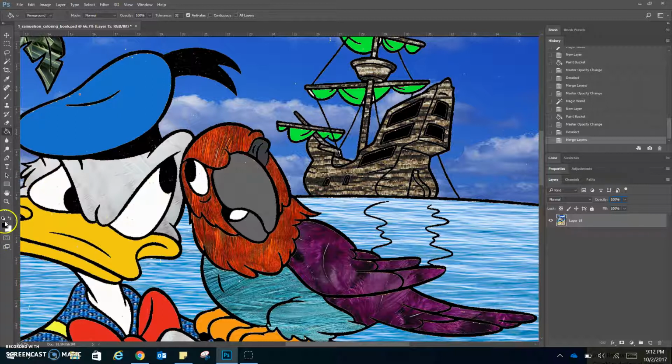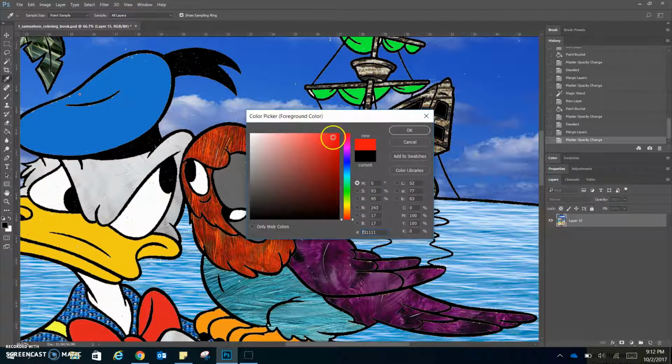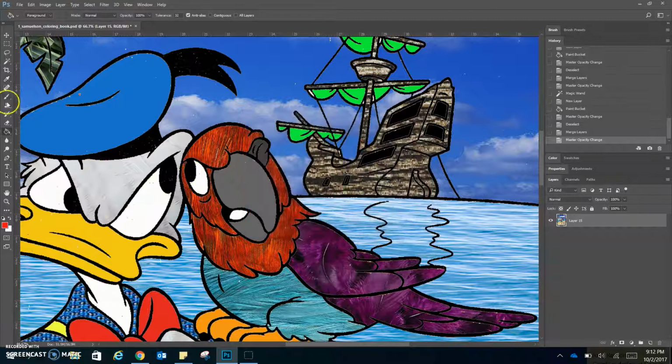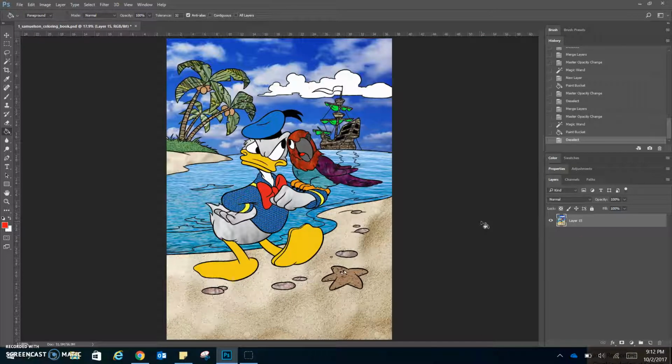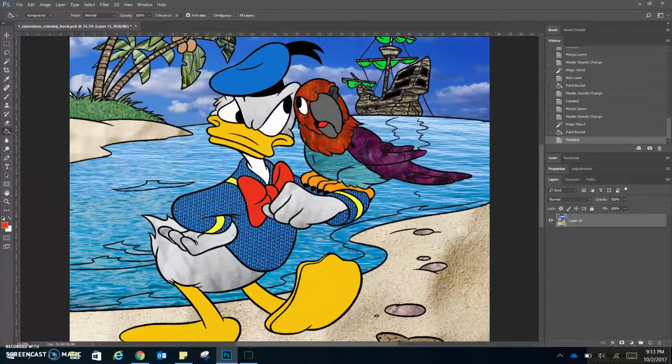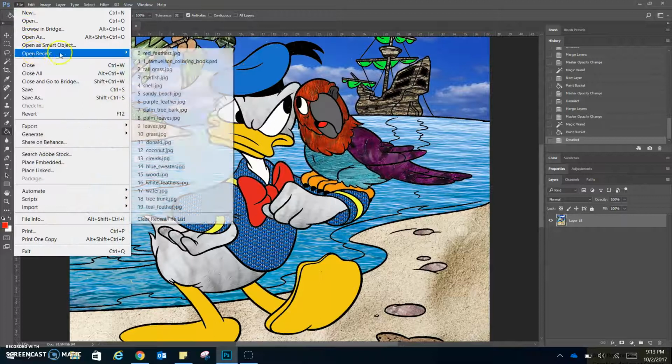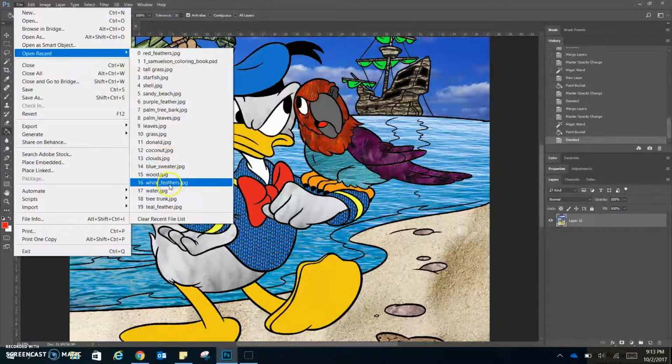I am going to paint the tongue red. Select, fill. Let me zoom out and check what I got. Okay, I am missing two things. I forgot to get his neck with the feathers. So let me zoom back in on Donald. If I go to File, Open Recent, White Feathers,